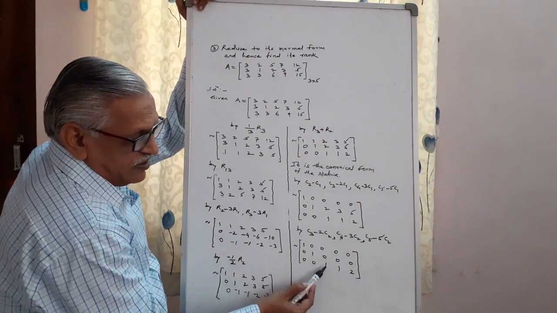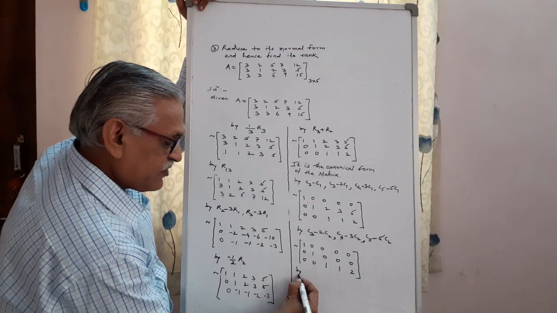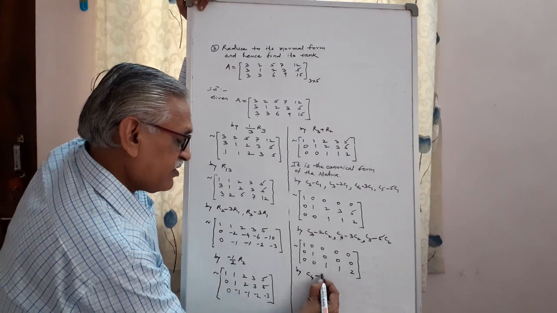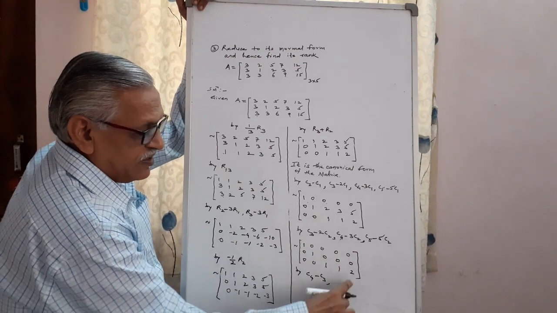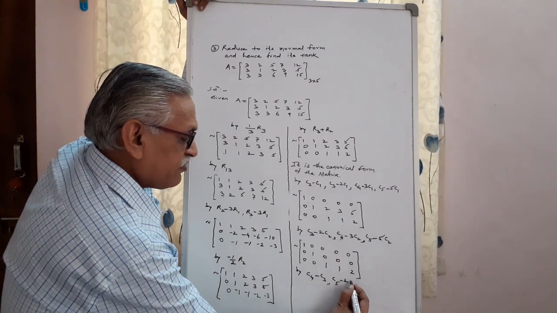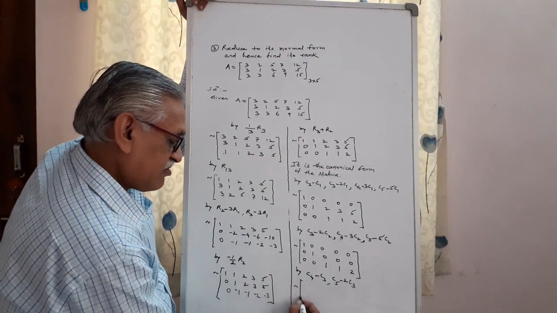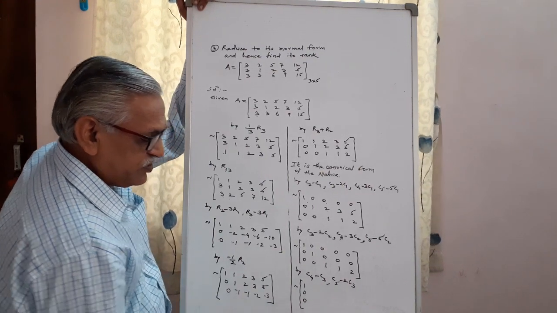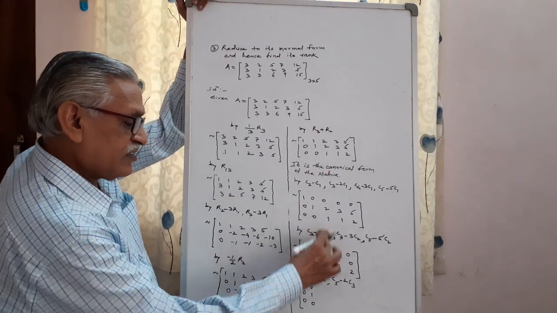Then using this third diagonal element, convert the remaining 2 to 0 by applying transformations. For this, it is C4 minus C3, using this third diagonal element which is in the third column, and for this it is C5 minus 2 times C3. Writing column-wise: first no change, second also no change, 0 1 0. Third also no change.